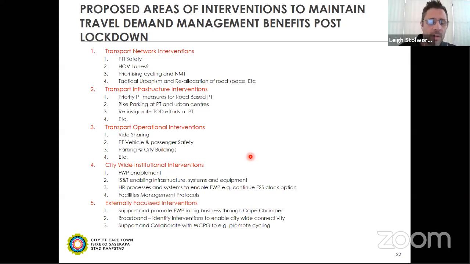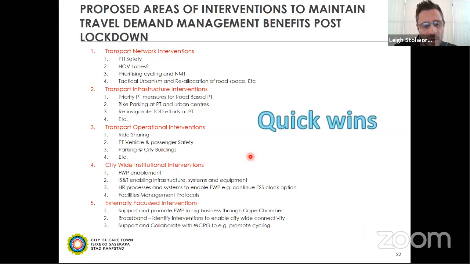We've also been working with external partners in terms of what we can do external to normal city functions to try and leverage interventions in the external space. And I mentioned engagements which are coming up with the Cape Chamber and large employers next week. And so what we've done is we've packaged these sets of interventions, focusing on the quick wins, the things that we can do without big infrastructure. Sometimes all you need is paint and signs, and we can make some quick interventions to try and lock in